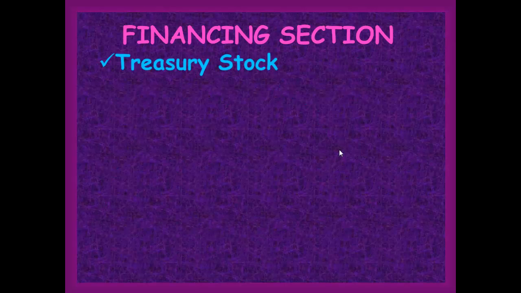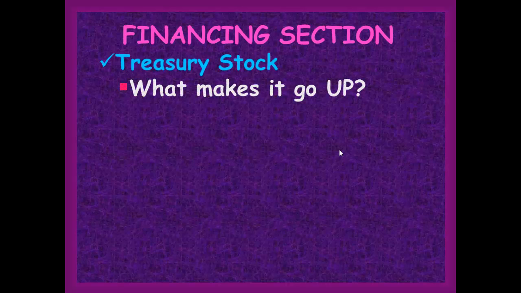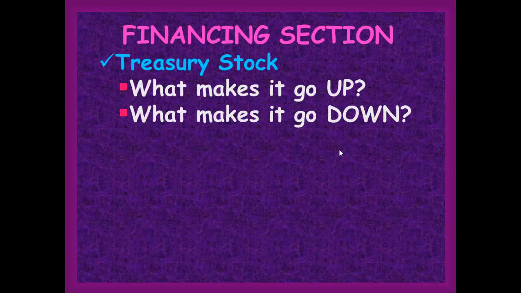Treasury stock. Remember, treasury stock is when I buy back stock in my own company. What would make my treasury stock account balance increase? When I bought back more stock. If I bought back more stock, what happens to my cash? It's going to go out. I'm going to subtract that. And what would make treasury stock go down? Well, I can turn around and reissue that stock that I bought back. So if I reissue some of it, then my treasury stock account would go down and cash would be coming